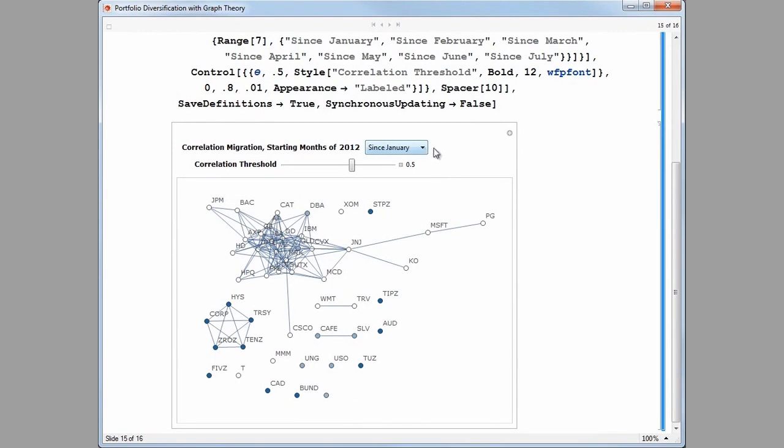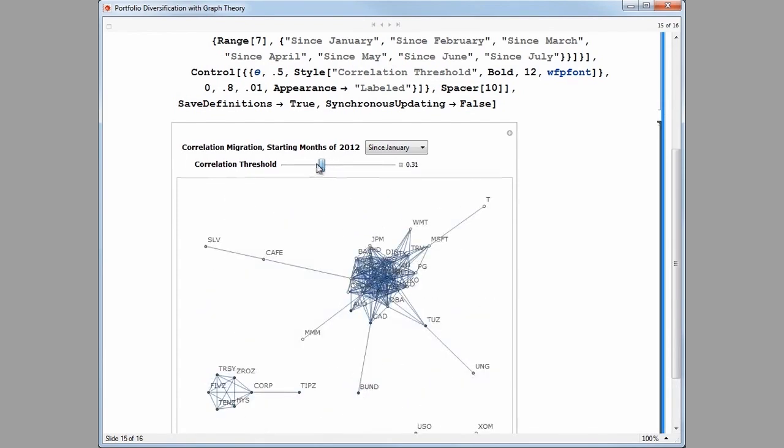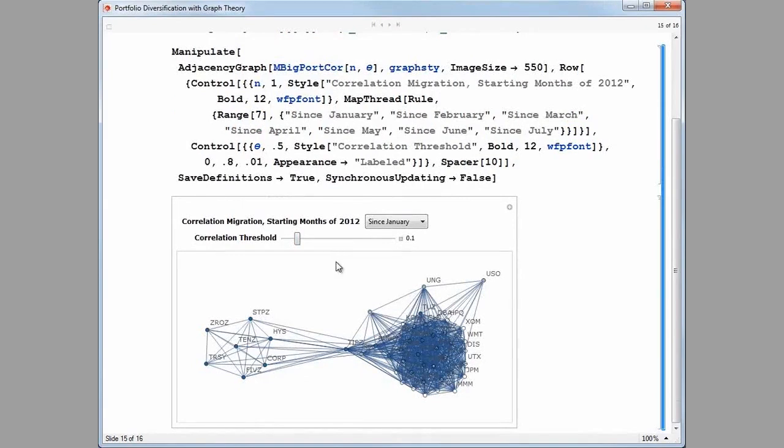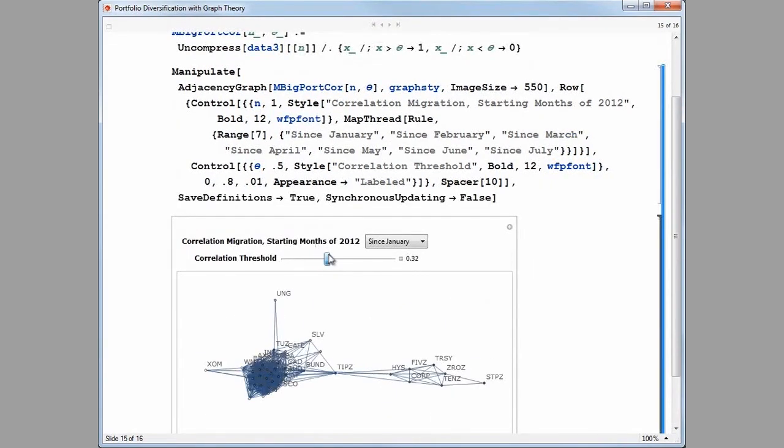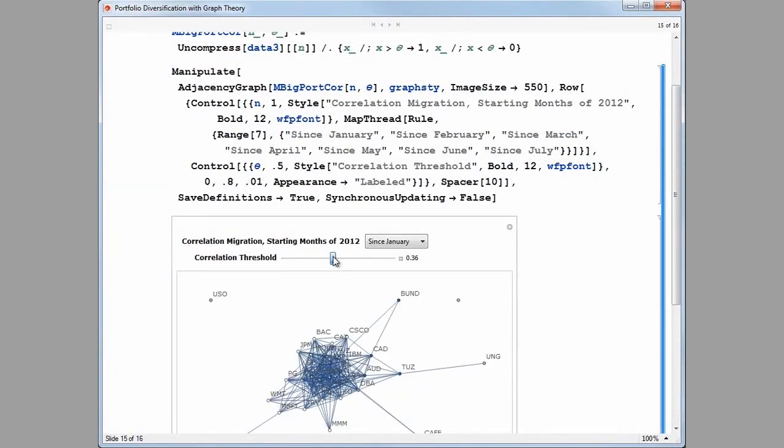So let's look again at all of the data, all of the returns between all of the assets since the beginning of 2012, and see how the correlation substructures change. And you can see that they change a hell of a lot. If I make it a very small cutoff threshold, the smaller I make it, the more connected it's going to be. The idea is choosing that sweet spot. What is the value of theta so that I'm going to get more and more disconnected components? As you can see here, it starts happening,